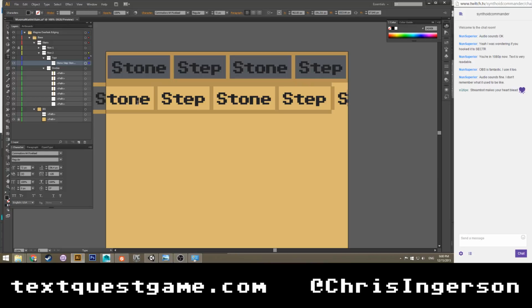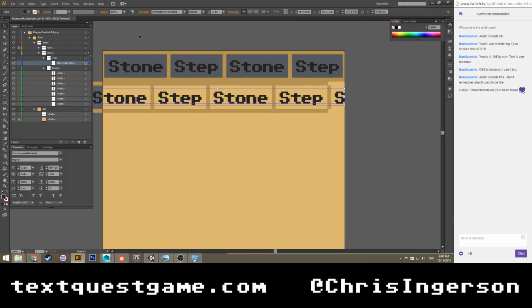Wow, that is perfect. Except we're going to go ahead and type stone. Okay. So the side of the S is touching the border in both of these cases. That is perfect. So we can just go ahead and snap this.